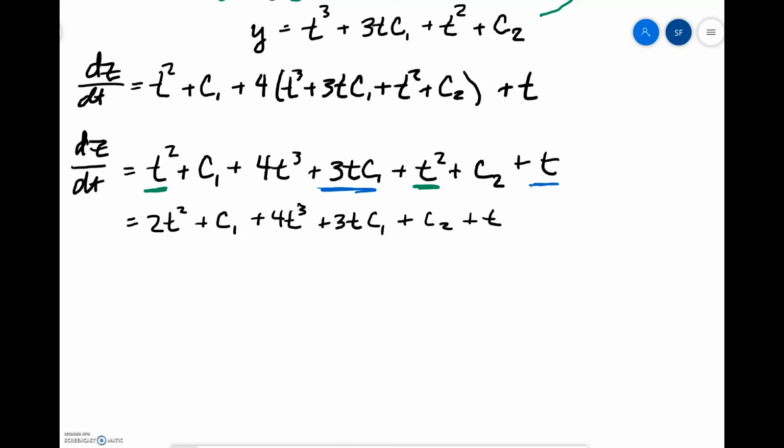Okay, so again, because they're all in terms of t, this is another separable one, so I'm going to be cheesy here. Now if we integrate that, we get